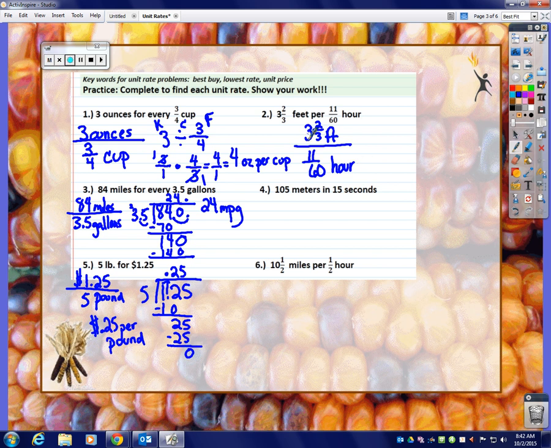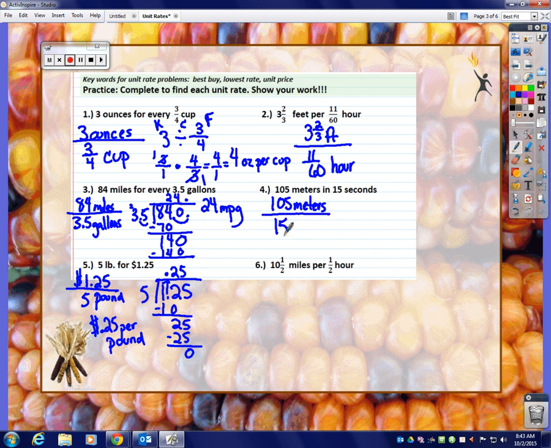Remember that this one's going to go on the left, this one's going to go on the right when you top in, bottom out. You're going to have to make it mad and KFC it. Number 4, this is 105 meters